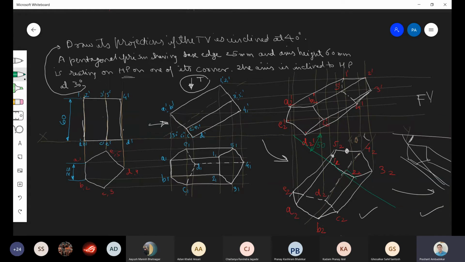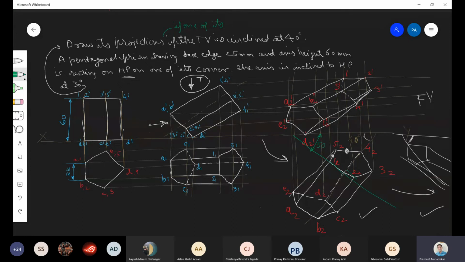So how the question can be framed? Now understand how the question can be framed with the same solution. The question can be framed in such a way that one of the edge, draw its projections if one of the edge is inclined at 50 degree to the VP. समझा question? Is it clear to you? I will write it here. Draw its projections if one of its